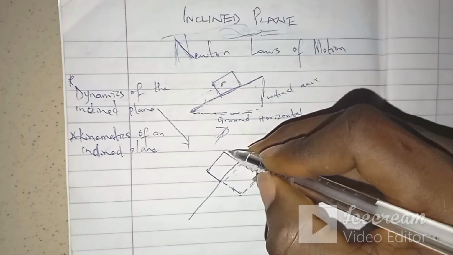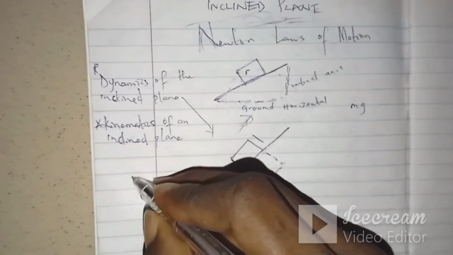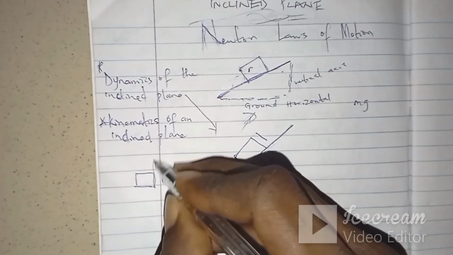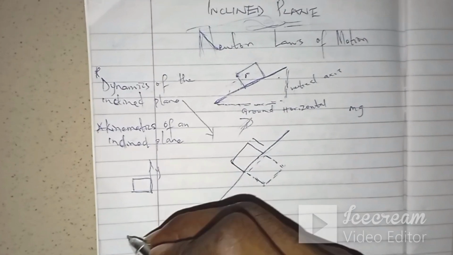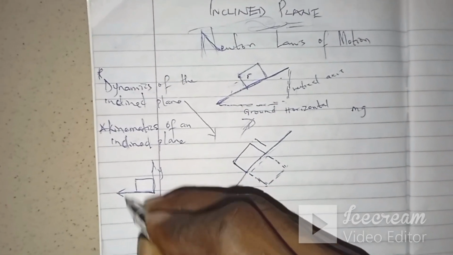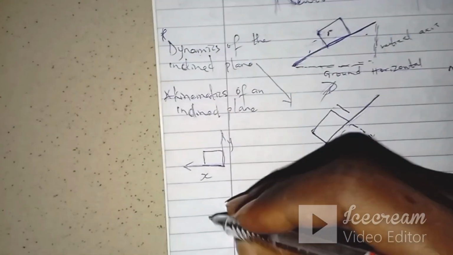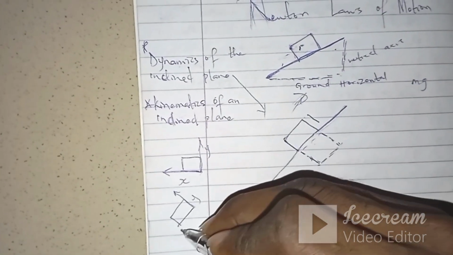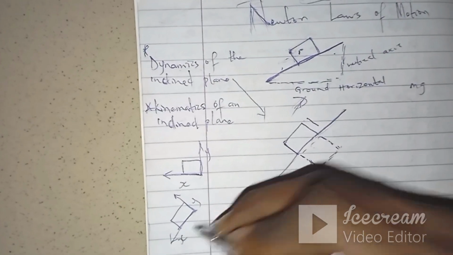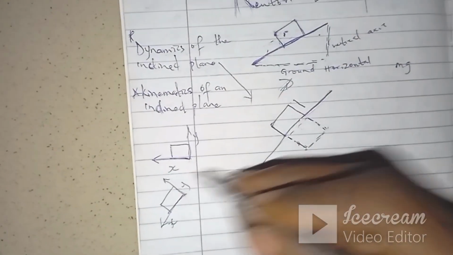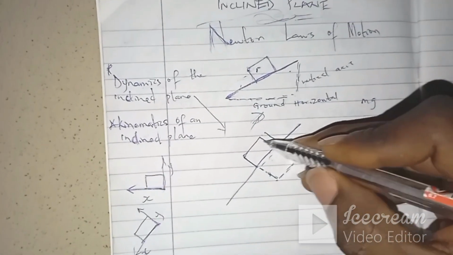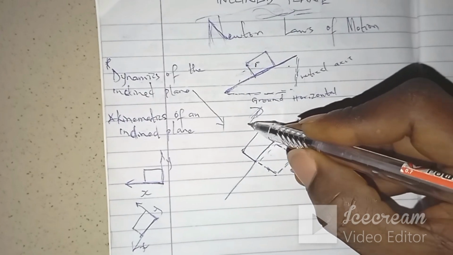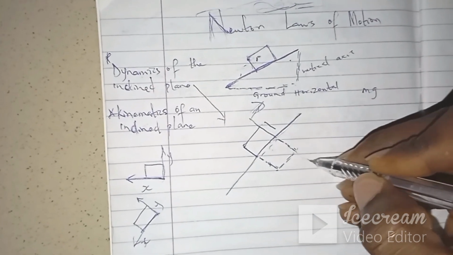So we can see that if this object is horizontal, this axis is the y-axis, and this axis is the x-axis. Which means that if I happen to turn the object this way, this axis is the y-axis, this axis is the x-axis, x, y. So let me use that same concept. Notice that everything acting this way